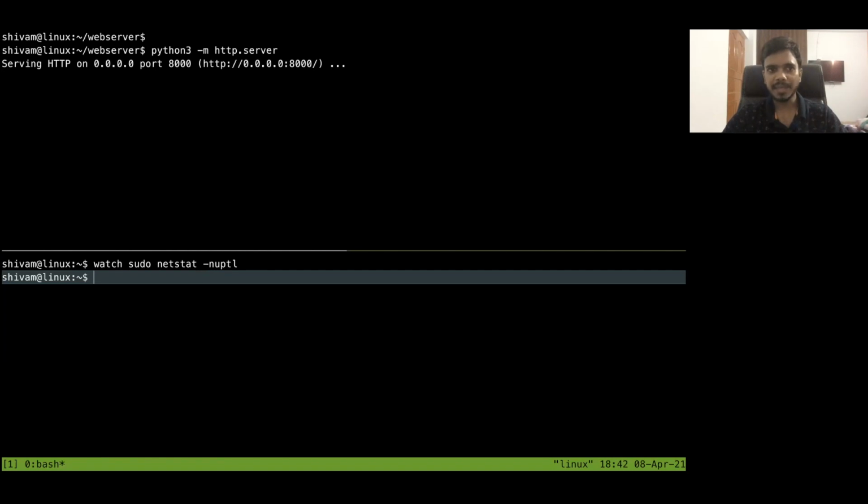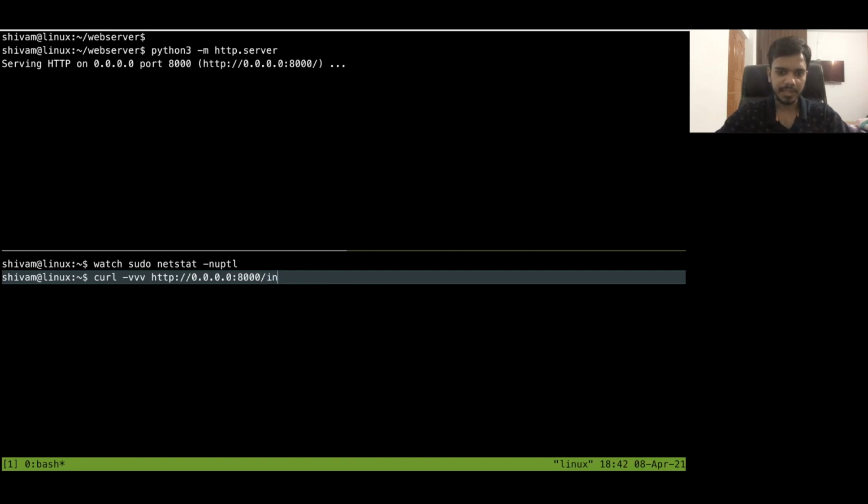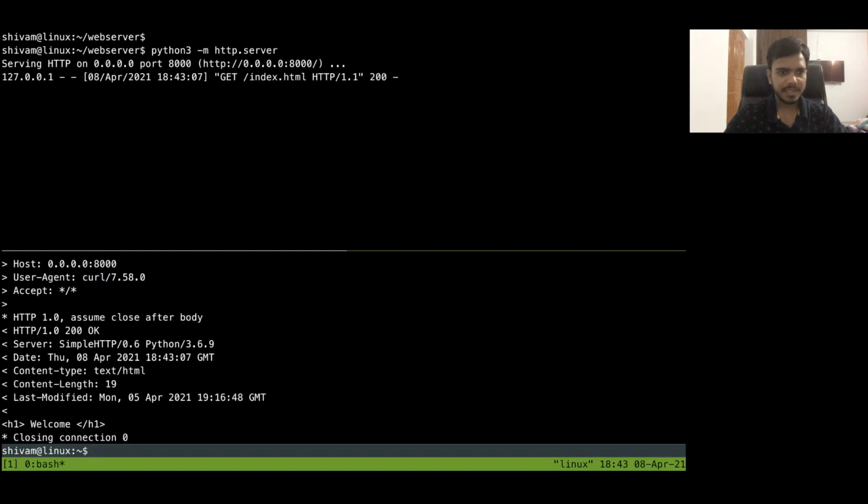Now we will try to make a request here. I can just use the curl command to make the request. You can use Telnet also to make a request, and you can use other tools also, but here I will use curl. I will just copy paste this one from above. I'm just showing you that if this is a web server, you can make a curl request and get that file index.html, right? So I will write the file name here, index.html.